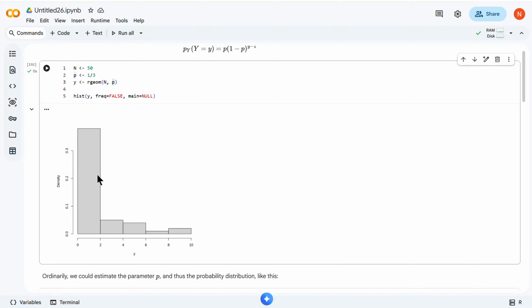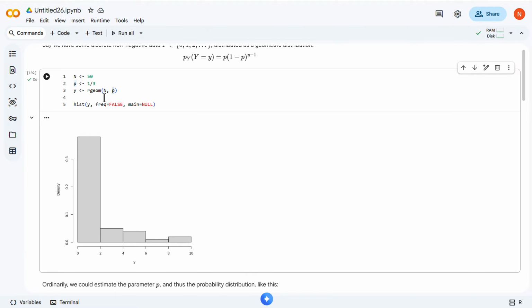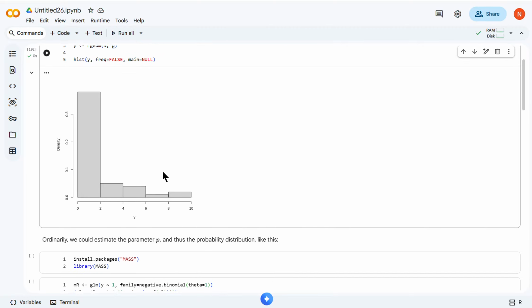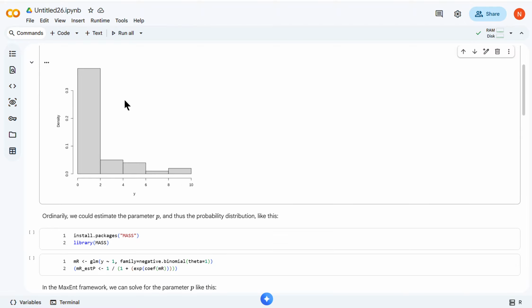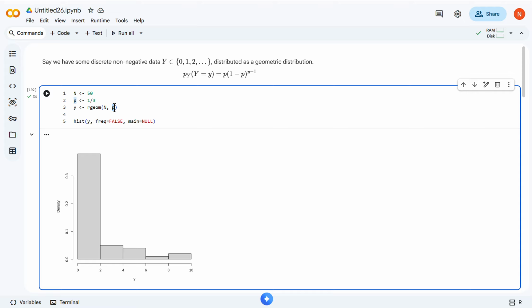So let's say that we just found the data that's represented in this histogram. We didn't get to set the parameters. This is just what we found, and now we want to model this data. Modeling the data means trying to find a good estimate for p here. Now, when you have a named distribution like this, there are very simple ways of finding p here,